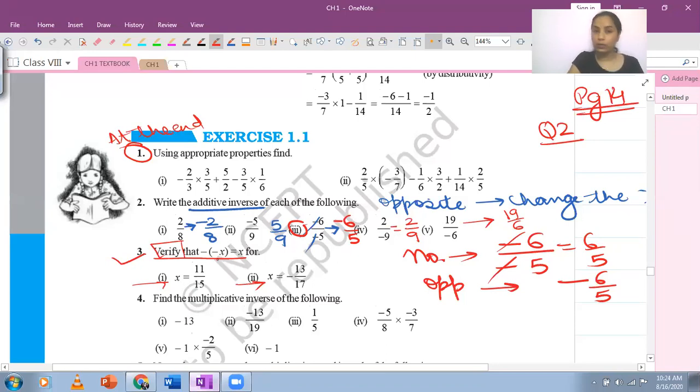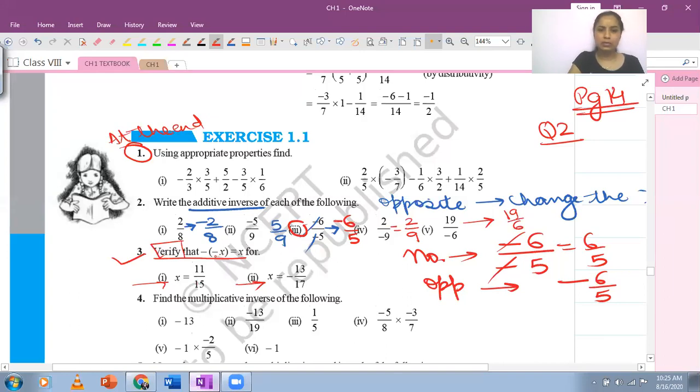And it is always so. Whenever verify is said, the answer should be yes, as per what they have written. If they say equal, your answer should come out equal. If they had written not equal to here, our answer should also be not equal. So in case your answer doesn't match, you will need to check it.